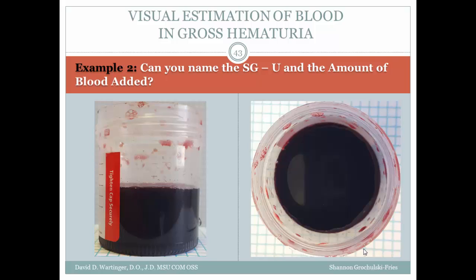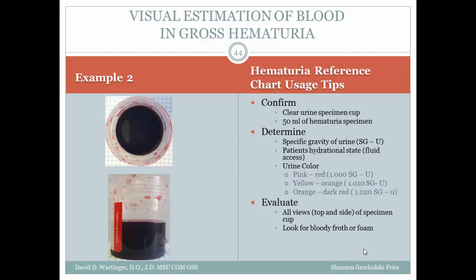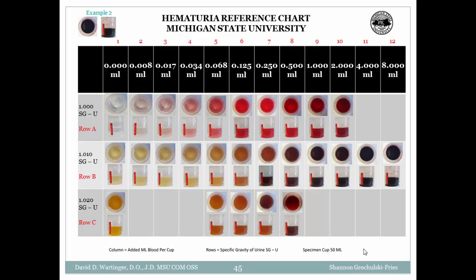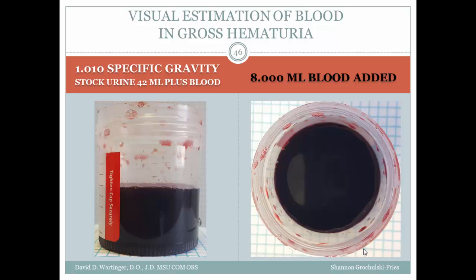The photographs are immediately concerning to you. The hematuria specimen is nearly black in color as viewed from the top and side. Thick bloody froth clings to the clear plastic specimen cup. After consulting the hematuria reference chart on your smartphone, it becomes obvious that at least 16% of the hematuria specimen is composed of whole blood. Your friend's hematuria specimen matches the hematuria reference chart for photographic pair, specific gravity 1.010 urine, with 8.000 milliliters added